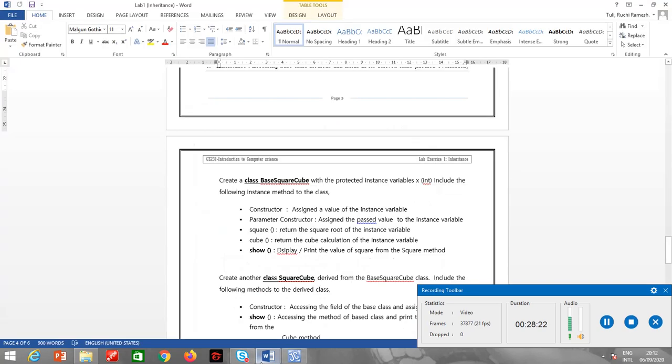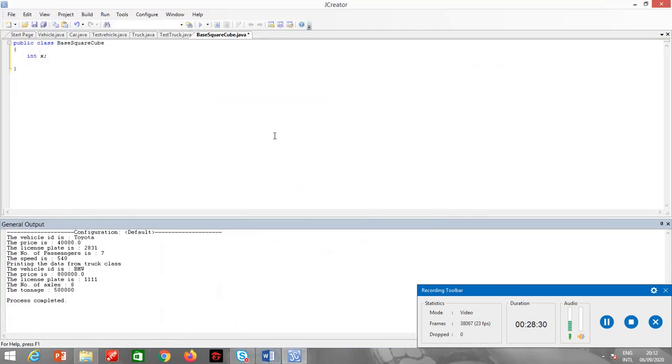Then what should I have? Parameterless constructor. Public base square cube. X is equals to 5.